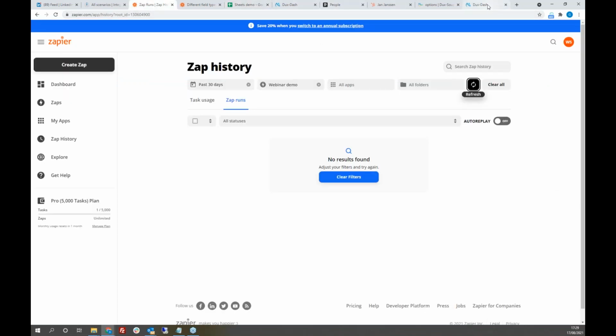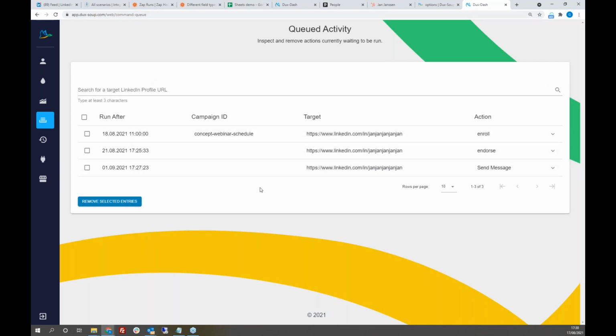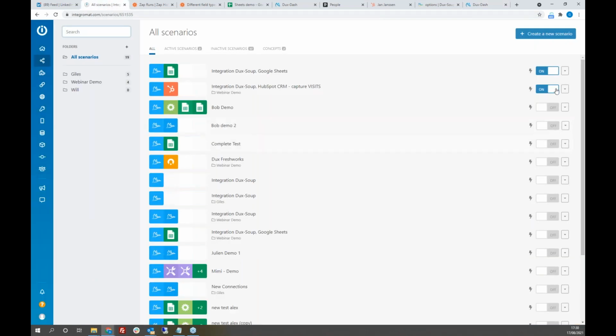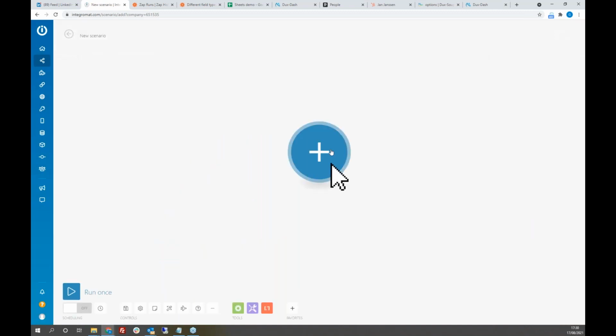And what we should see then is all of those remote control commands being queued up here in your activities, in my activities, and all of that happening there as well. So as I said earlier, you could do this within Zapier or Integromat. Within Integromat, it's about building a new scenario, of course, and then you would,